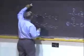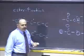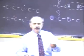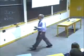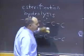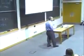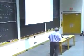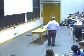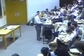Now, in fact, there are two directions here in this kind of reaction. Esterification is the kind of linkage that we just showed here. And the truth is that vast numbers of biochemical linkages are made by esterification reactions and reversed by reactions that are called simply hydrolysis. And in this case, what we're referring to is the fact that if one were to reintroduce a water molecule into each of these 3 linkages, 1, 2, and 3, we would break the bond and cause this entire structure to revert to the 2 precursors that pre-existed prior to these 3 esterification reactions. And time and again, you'll see over the next weeks that esterification reactions are important for constructing different kinds of